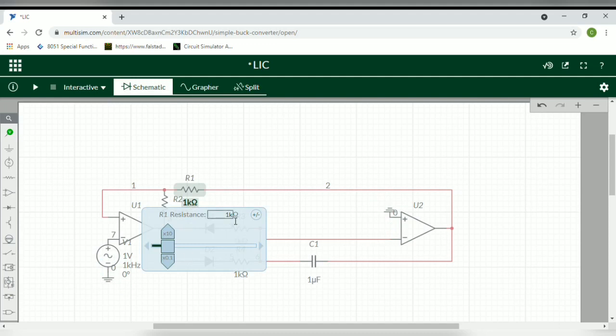Now we will set values. The value of R1 is 40k ohms.